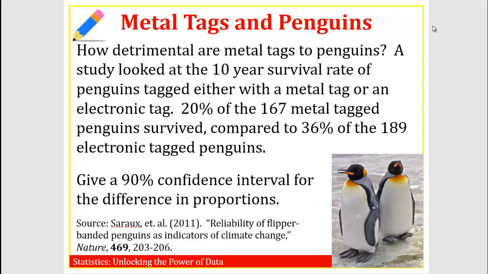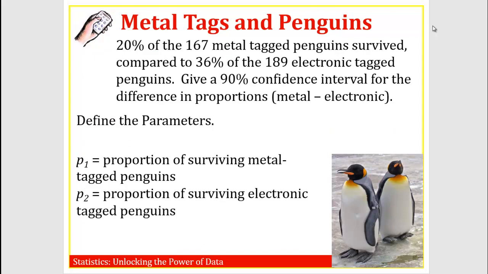In this case, we are dealing with a two-proportion problem because we're looking at two categorical variables. We're looking at survival, yes or no, and metal tags versus electronic tags. First thing we want to do is define the parameters. Because we're dealing with two proportions, we have two proportions to define. So let's define P1 as the proportion of surviving metal tagged penguins and P2 as the proportion of surviving electronic